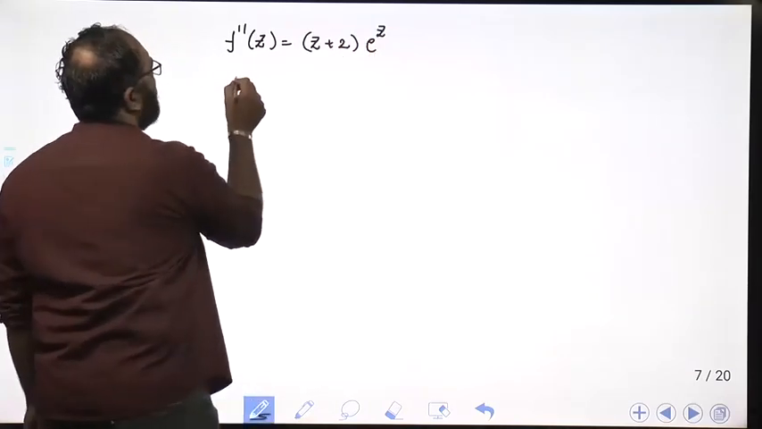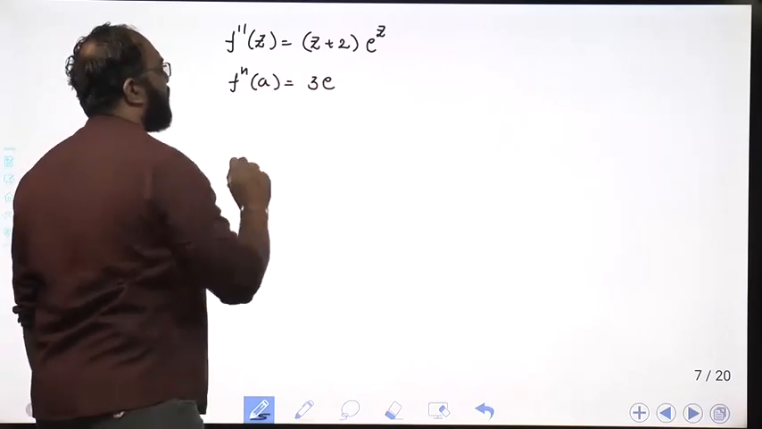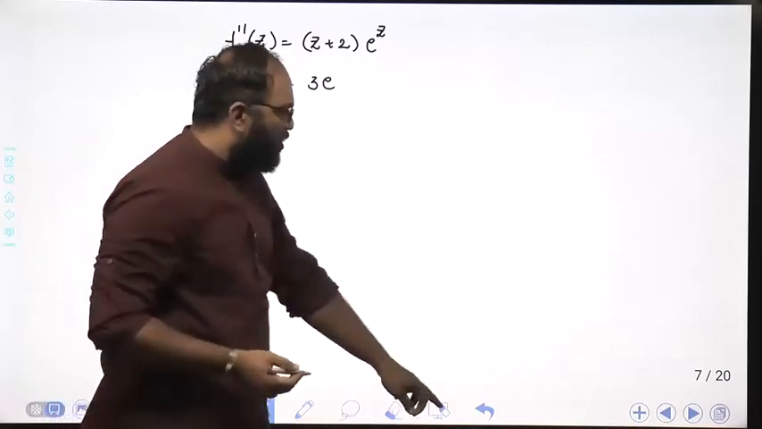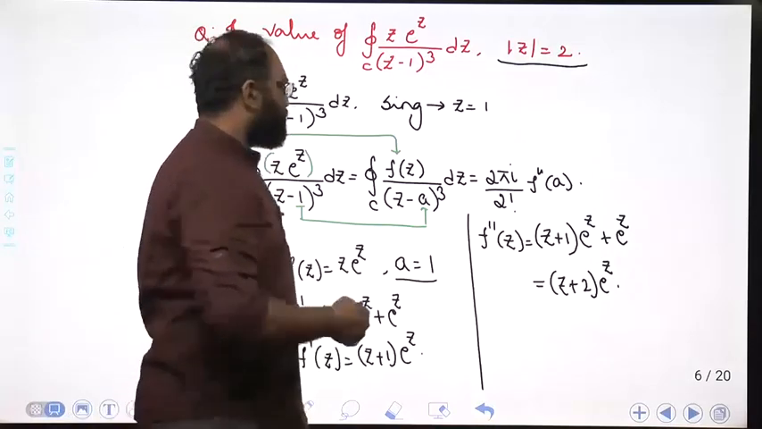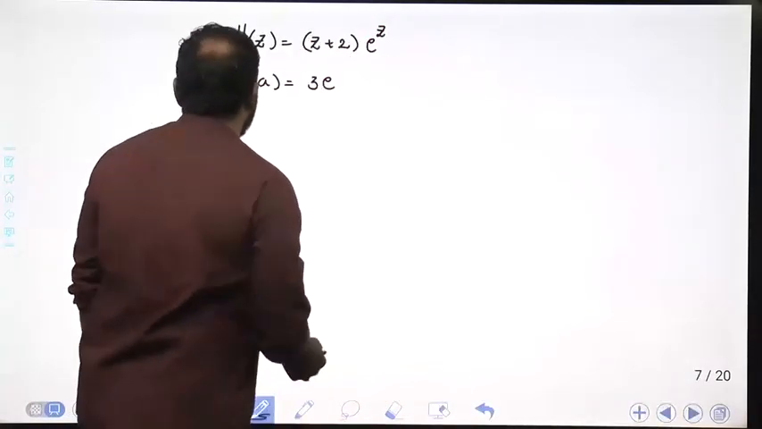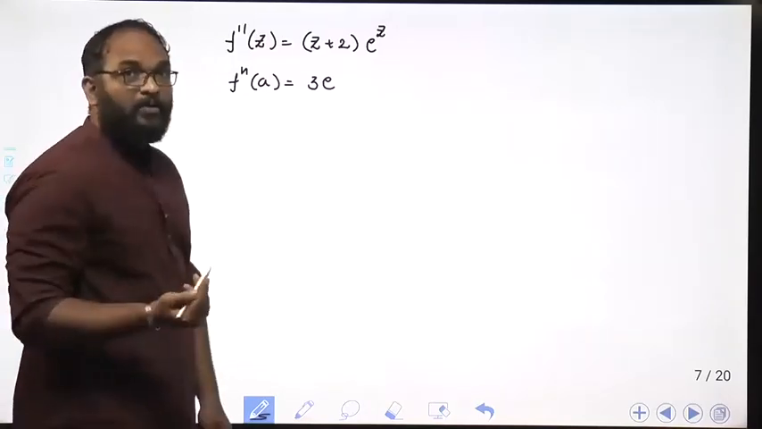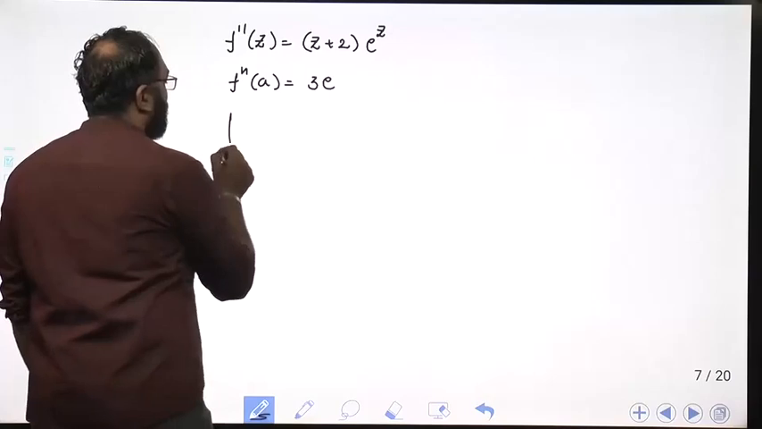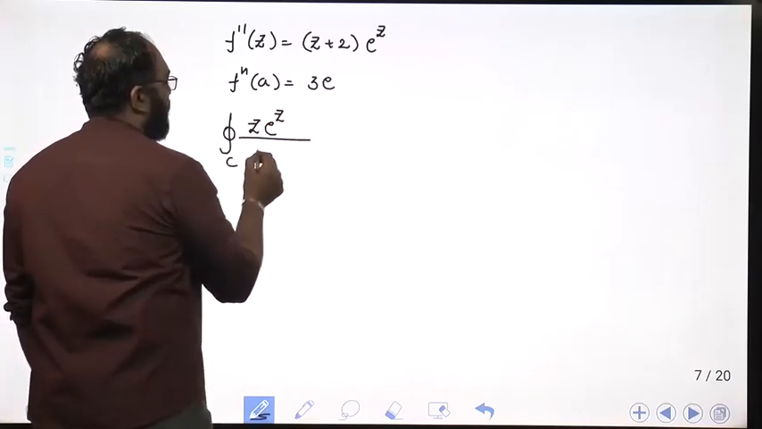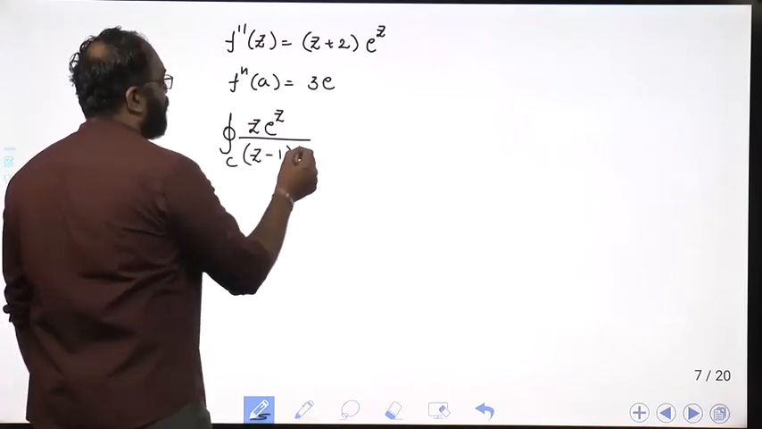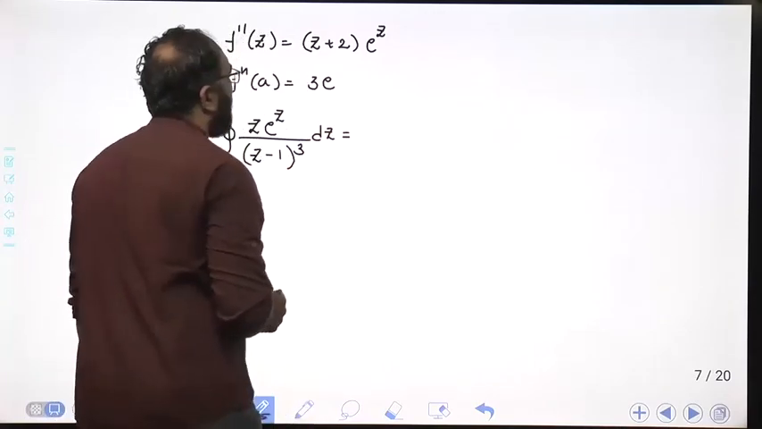Yes. Now what is f double dash of a? That will be 3e. Why? Because the value of a is 1. So f double dash of a, that is f double dash of 1, is 3 e to the power 1. So therefore the value of the integral z into e power z by (z minus 1) whole cube dz is given by